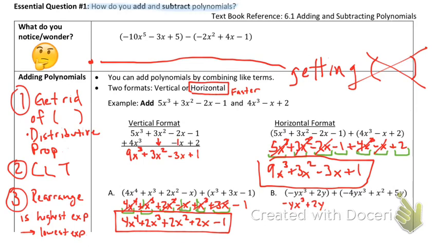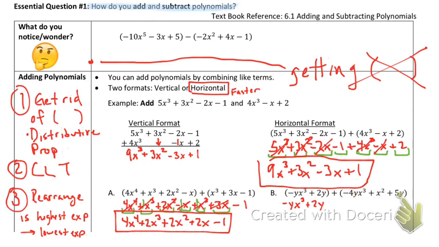Moving on to the second polynomial, there's nothing to distribute here, so I can just rewrite it with parentheses. Very important, sometimes students get confused. We have a positive here, but we have a negative here. The sign we want to put here is the sign that goes with our first term, which is negative 4y(x to the 3rd). So this is the sign we want to keep. When we do subtraction, it'll change a little bit, but for now you want this negative 4y(x to the 3rd)